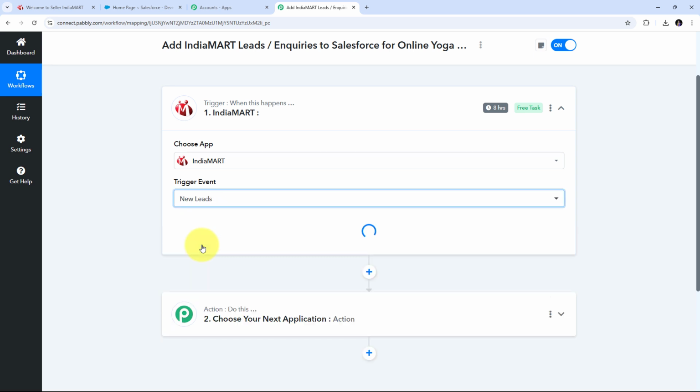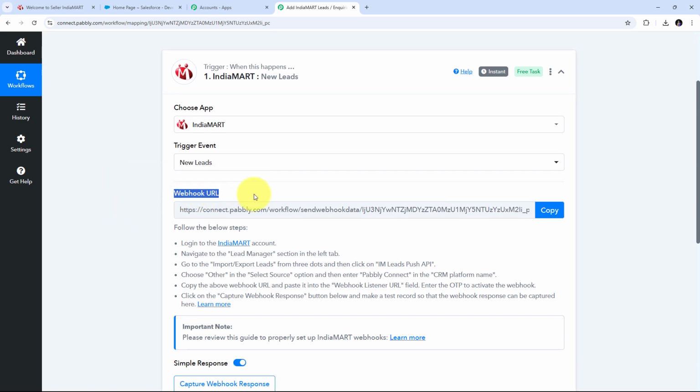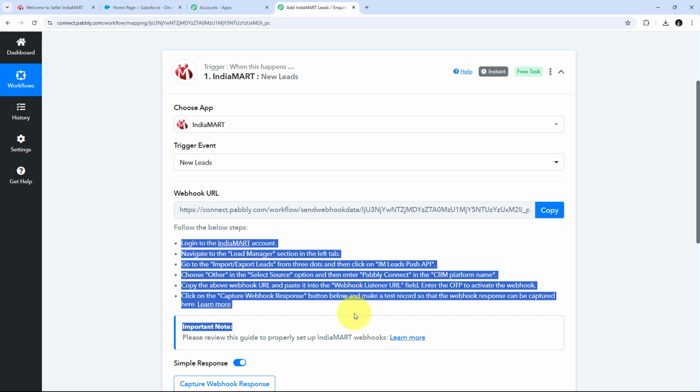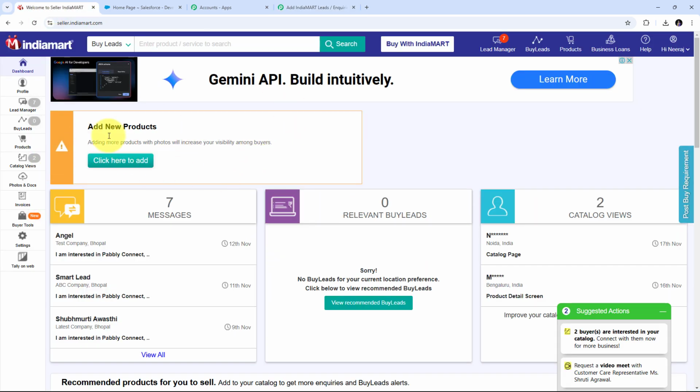So I'm going to select this, and now I need to connect IndiaMART with Pabbly Connect in my workflow, and for that I need to use this webhook URL. So this webhook URL is going to work as a bridge between IndiaMART and Pabbly Connect. Now for connecting these two applications, I need to follow all these instructions, and first I need to copy this webhook URL, and now I'm going to take it to my IndiaMART account,